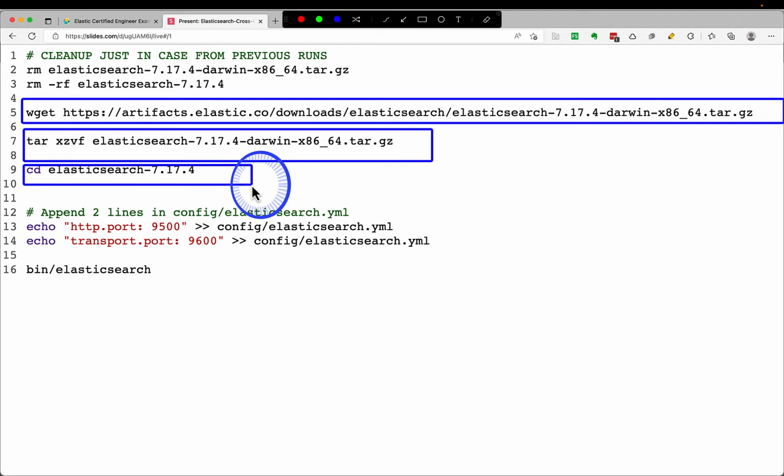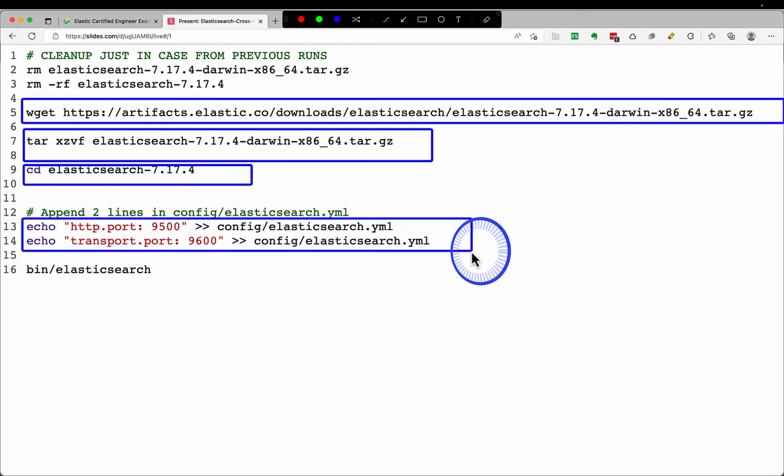Then I have to add these two lines. You can use a code editor of your choice, or add them automatically like this. I have to specify two different ports because the main Elasticsearch is running on 9200 and the transport port is 9300, the default ports. So you have to specify two non-default ports, and that will go under